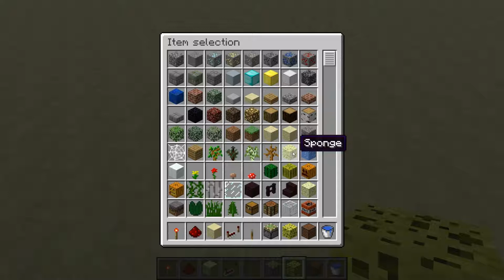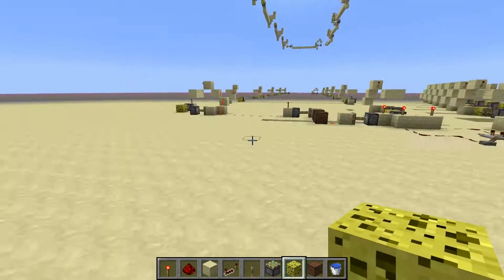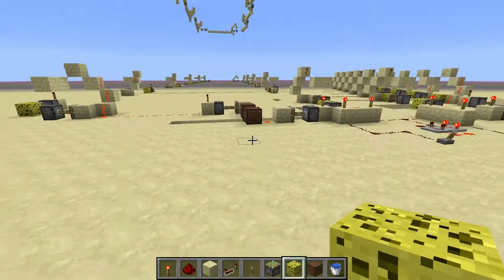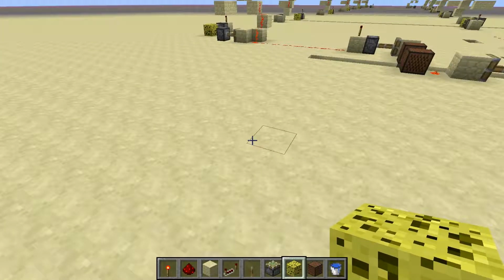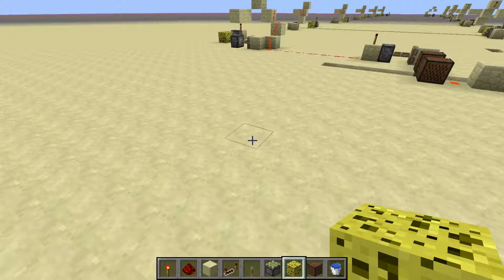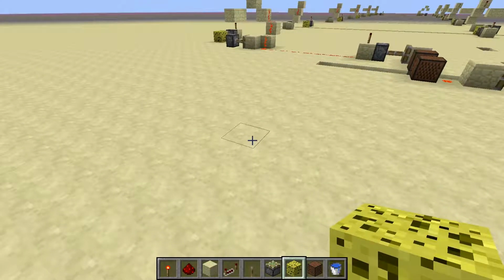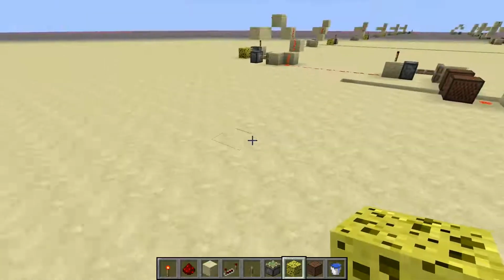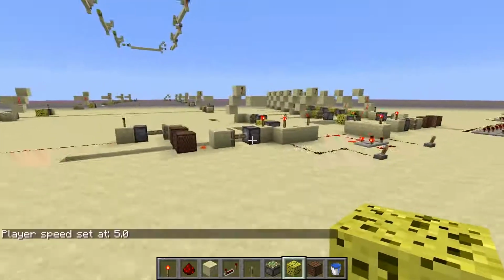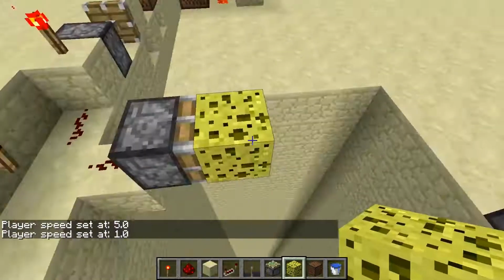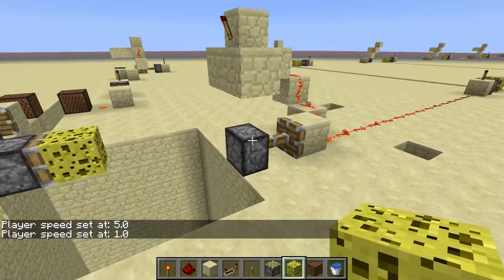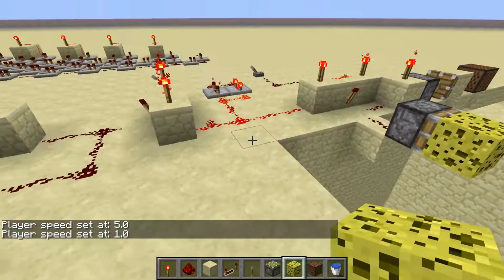yeah, the sponge is here, and you can do some funny things with it, because as I read on the Minecraft wiki, the water removal code of the sponge is actually not fully removed. The sponge does not remove the water blocks, but apparently it still checks for water blocks in the 5x5x5 area around it, and this allows for this neat little contraption which I call